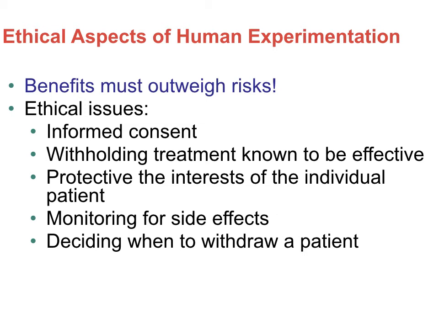Other ethical issues involve withholding treatment known to be effective for an individual. This is where it becomes really, really tricky in terms of a clinical trial involving some type of medication. At the very minimum, the people in the control group would have to receive what's considered the standard of care of how other people are being treated for that particular outcome. You can't not give them anything at all and give the people in the treatment group some new medication. That would be very unethical.